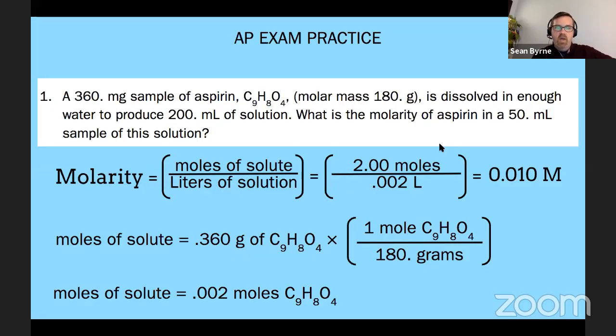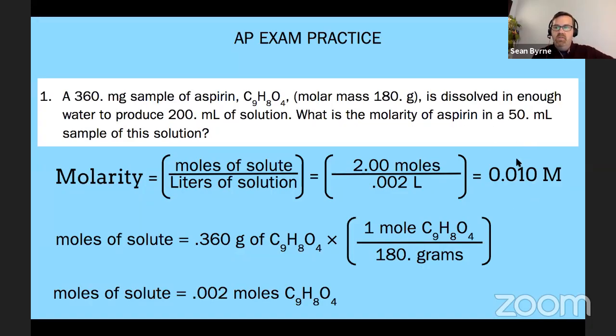the same, right? It would be as if we had a beaker with 200 milliliters in it. When I pour 50 milliliters of that out, the molarity does not change. The molarity stays the same. The molarity would only change if I added water to it, or if I evaporated some water out of it. But because of the way that's written, I read this as we're just pouring out 50 milliliters of the same solution. We're going to say that our final solution here is 0.010 molar. That's the molarity of the